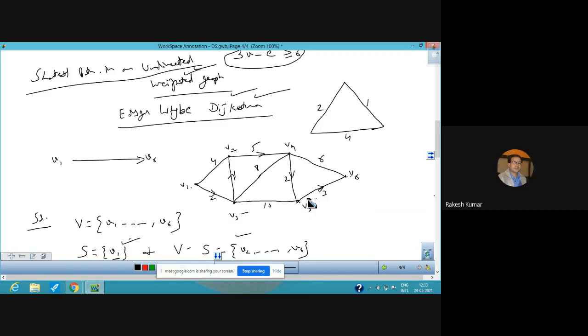So this is all about finding out the length of the shortest path by using Dijkstra algorithm. Next we have a few important concepts which are important in the topic of graph theory.